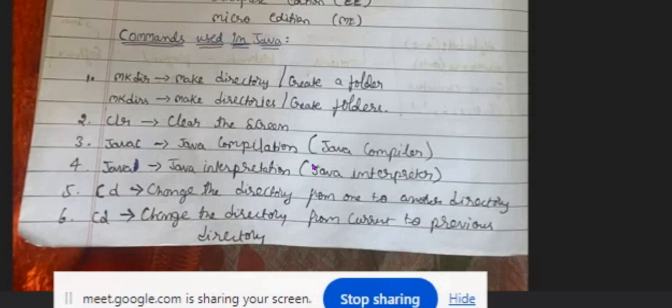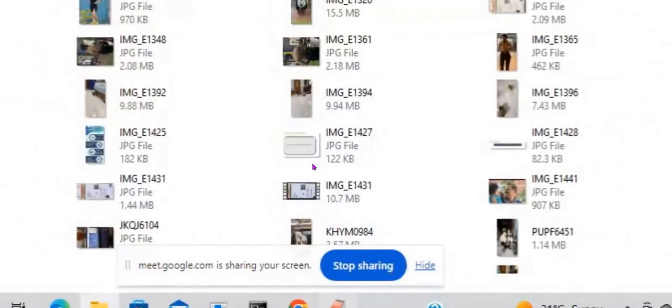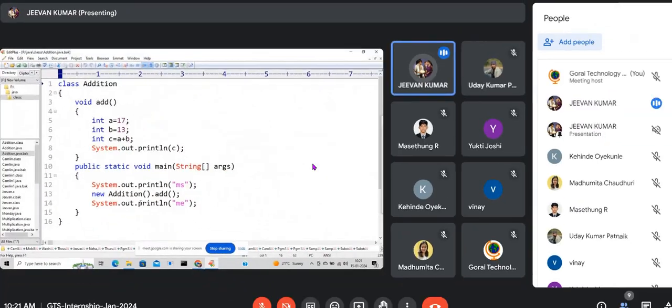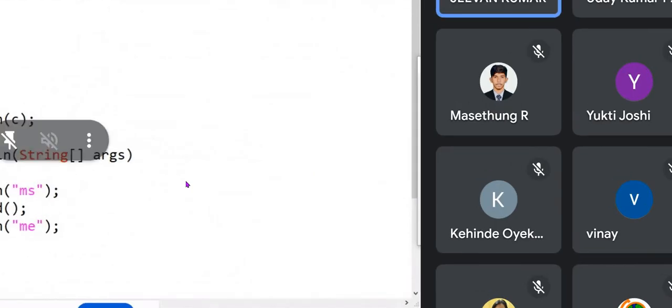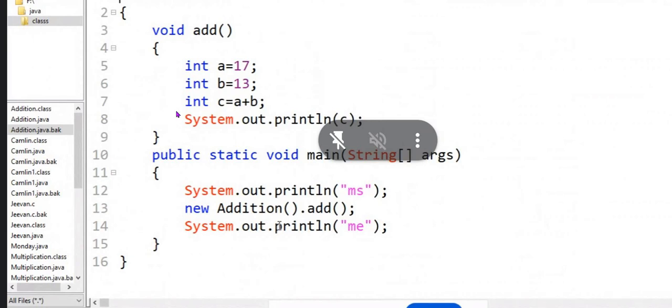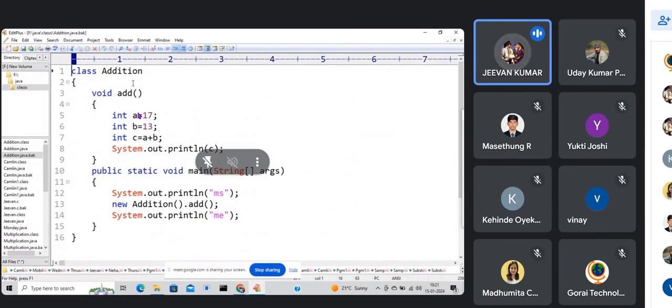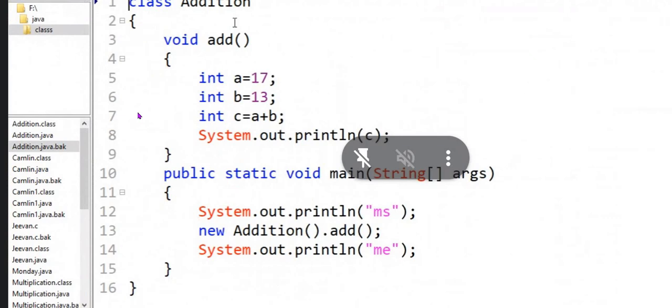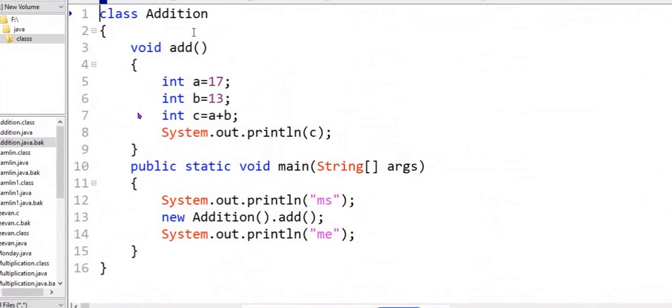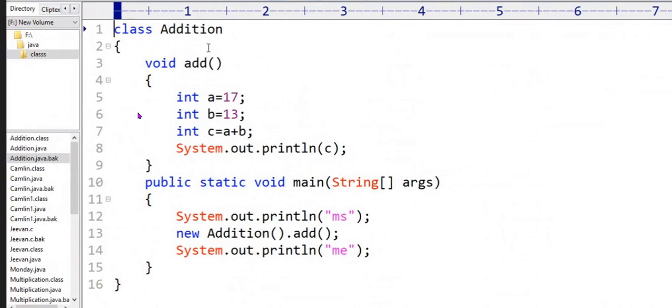Let me show you what I executed yesterday. Yesterday I wrote some program. This is the basic program for Java. As I already told you, I am declaring addition in a class. Then curly brace open, void addition, because I am choosing the addition program. So add I am using it, and the curly braces. After that I am taking the integer. Integer is used to